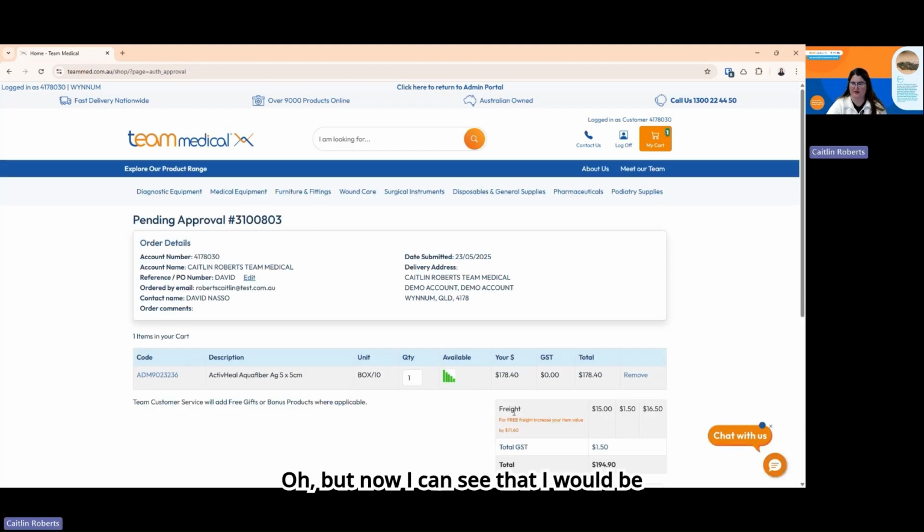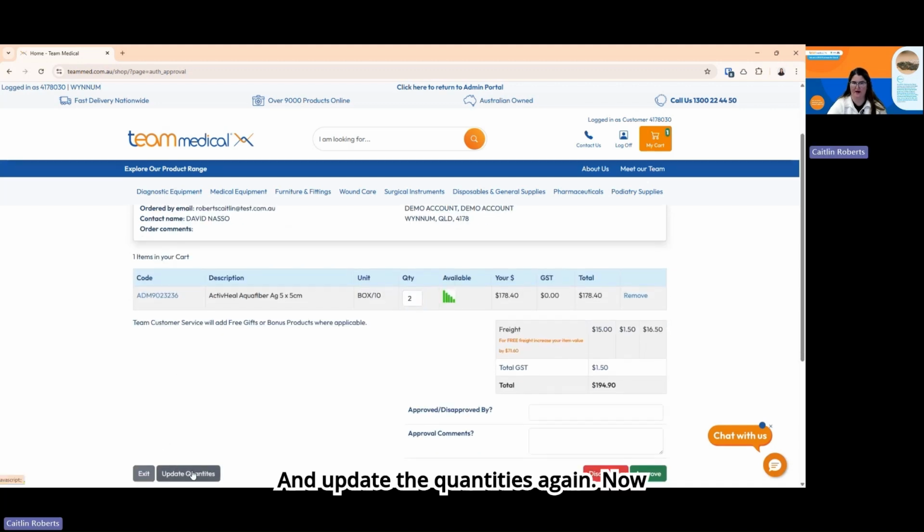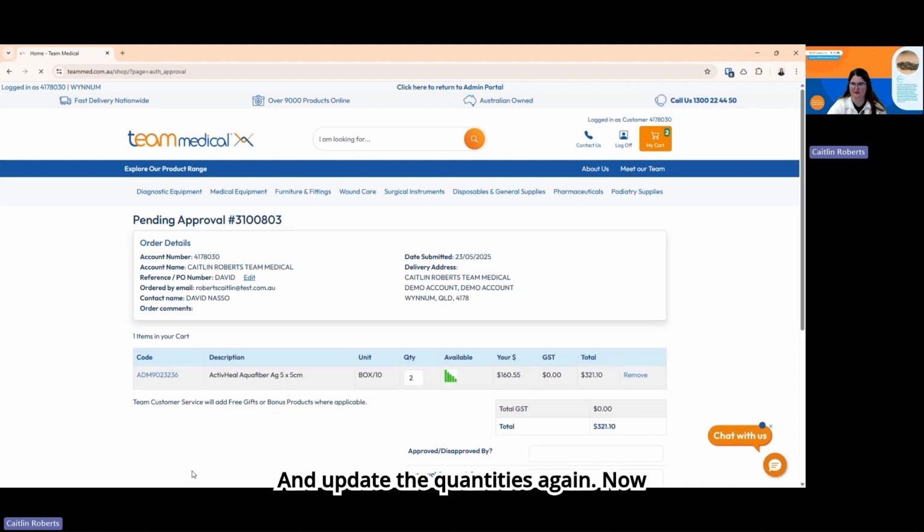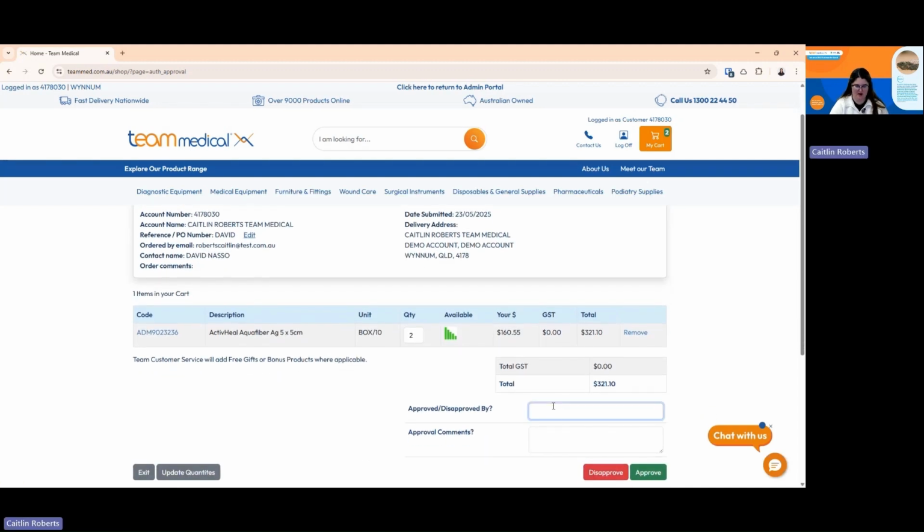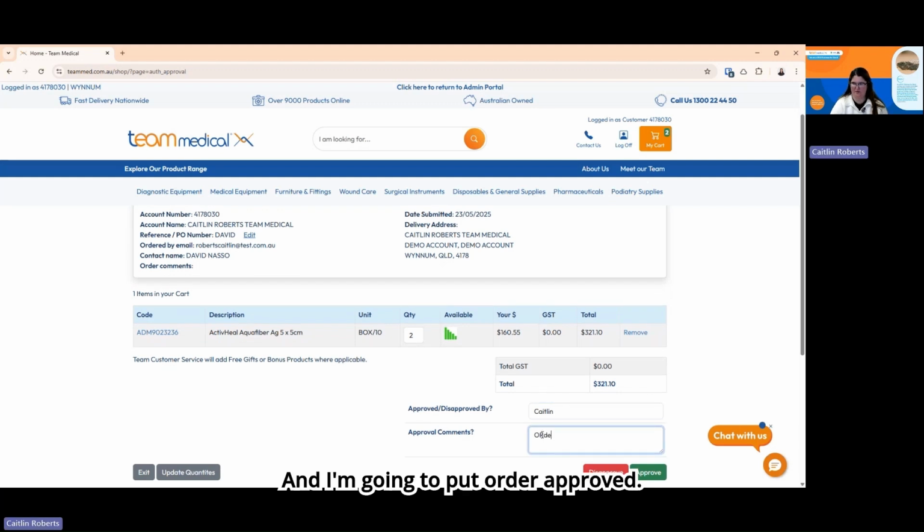Oh, but now I can see that I would be charged freight for this order, which I don't want to happen. So I am going to change that to 2. And update the quantities again. Now I'm no longer paying freight for this. I would then write my name in here, and I'm going to put order approved